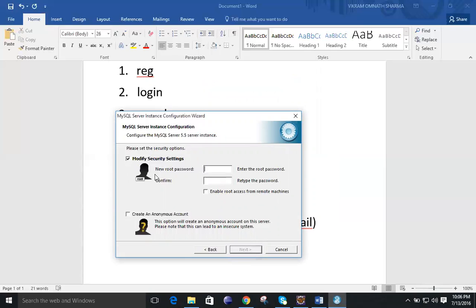Now at this prompt, it is asking the password. By default, the username for MySQL will always be root, and it is asking for the password that you need to provide. Whatever password you provide, remember it, because while opening MySQL it will require the password.